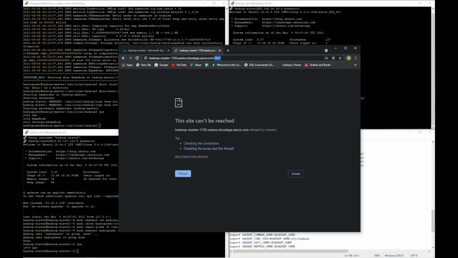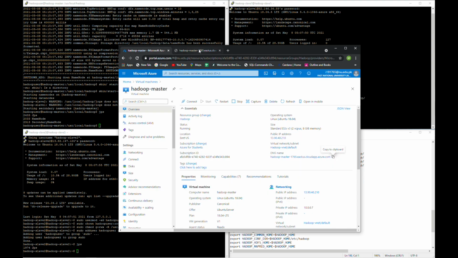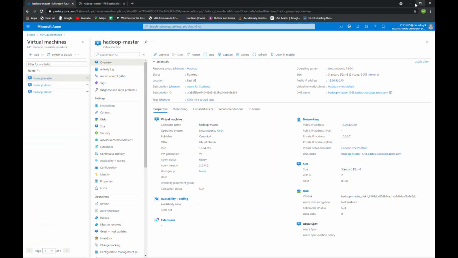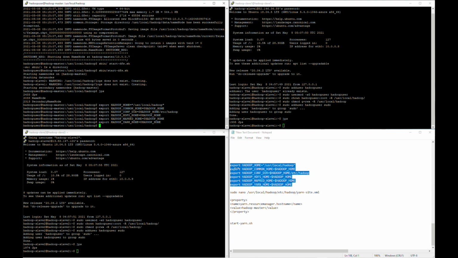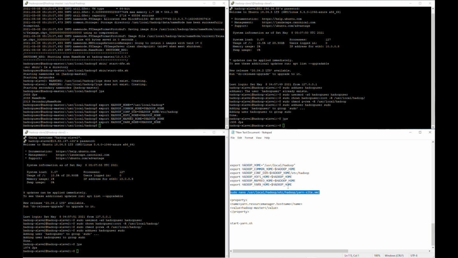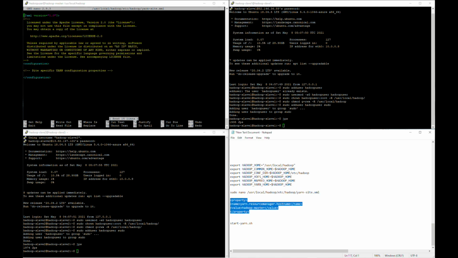Then first of all, we should export all the Hadoop related commands, and then we are going to configure the yarn side and add the property,